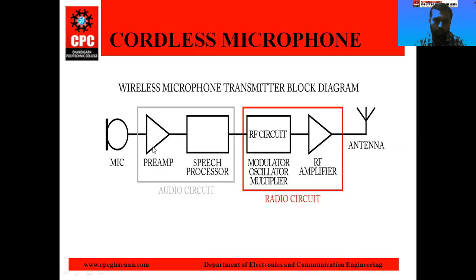This is called the audio circuit, and this is called the radio circuit. Audio circuit means we process the audio signal. Radio circuit means it starts modulating the signal to transfer it to the receiver. This is a block diagram of